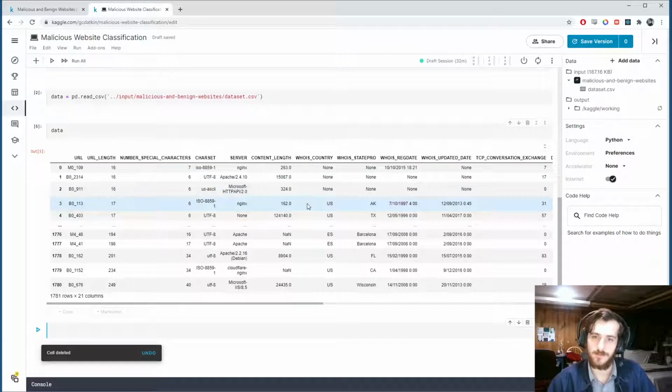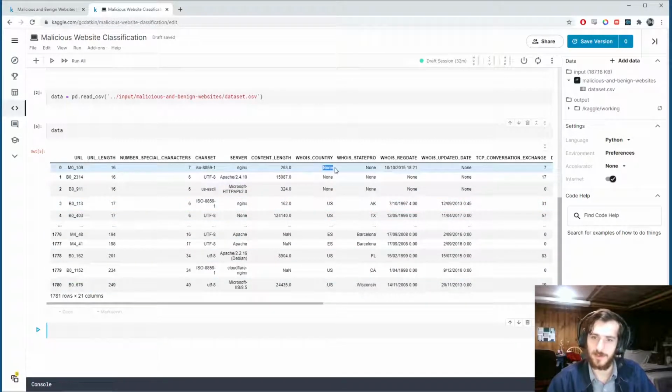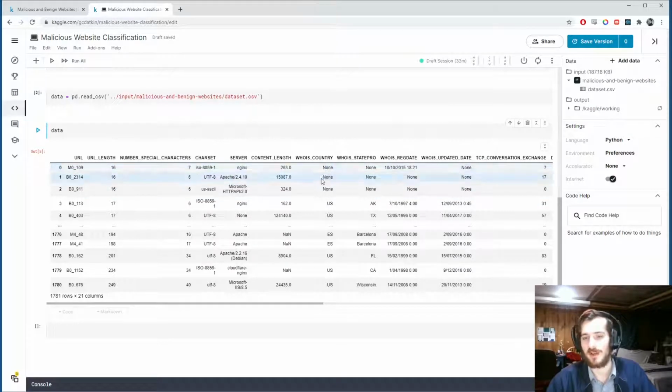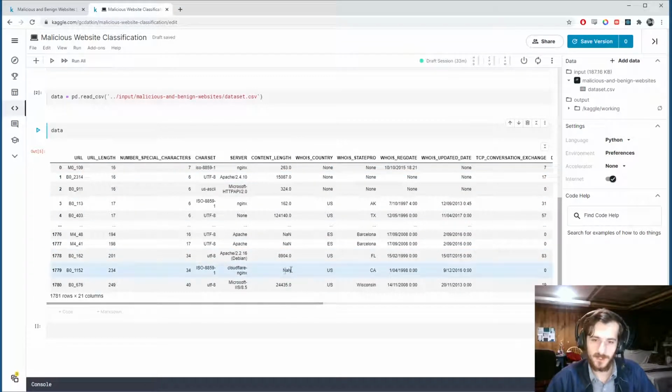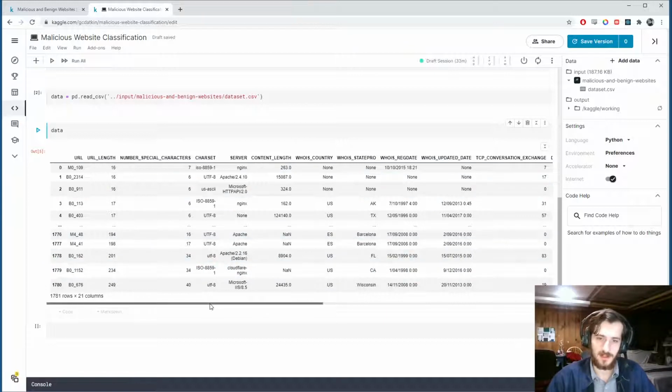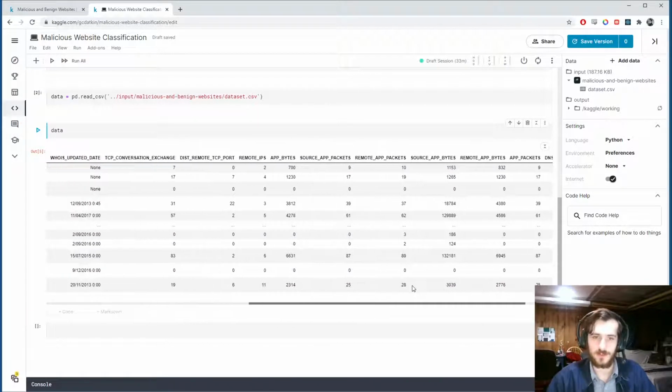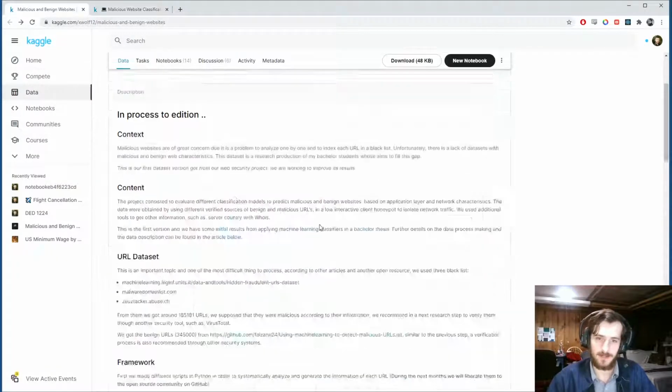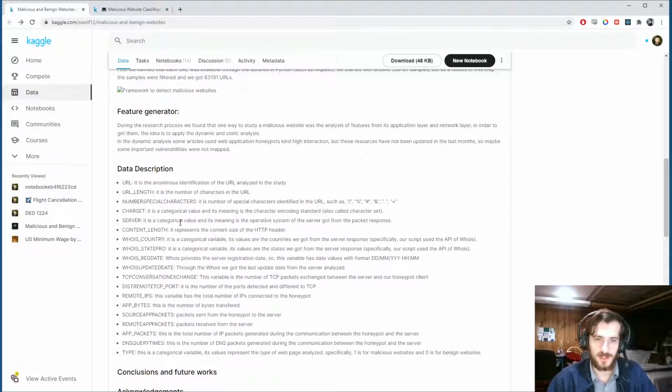Alright, so you can see we have at least some missing values that have been encoded as None, but it's also maybe important to keep this as a possible category, because this is the country reported from whois. We actually have some real missing values here, and at the end it looks like all these are numerical. We can go into the dataset and see a description of all the features, and it tells us which are categorical. So there are 4 categorical variables here, which would be the character set, the server, the whois country, and the whois state pro,